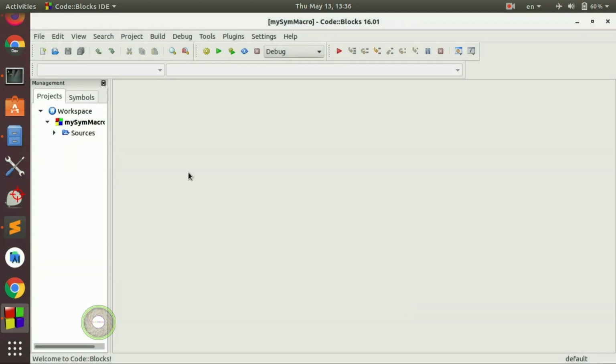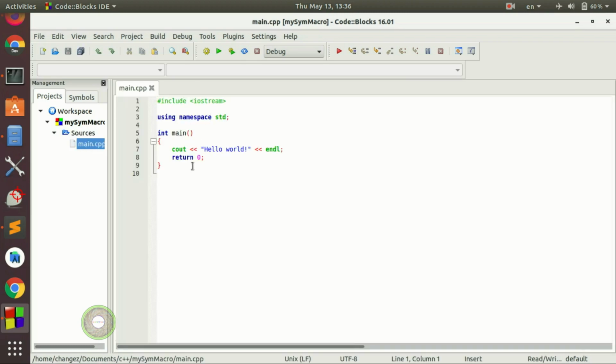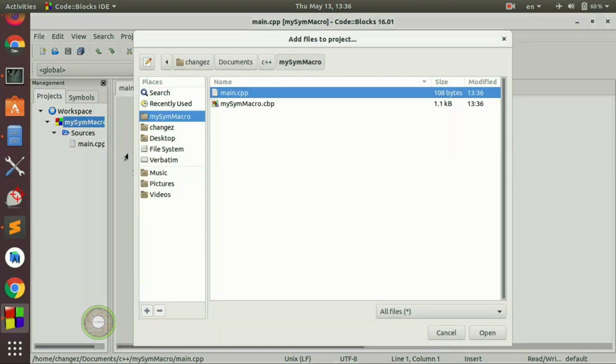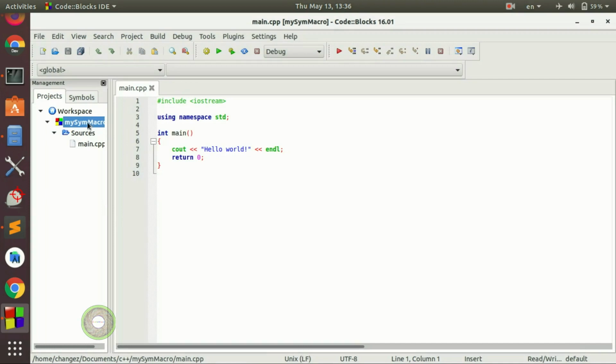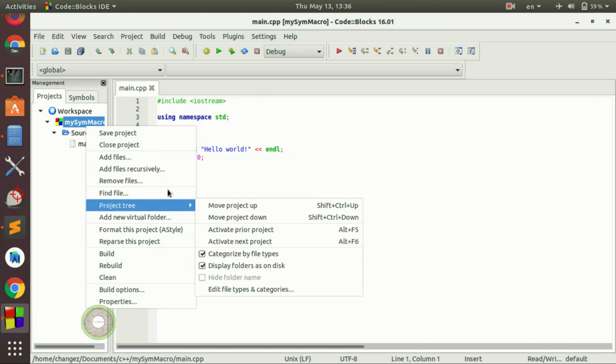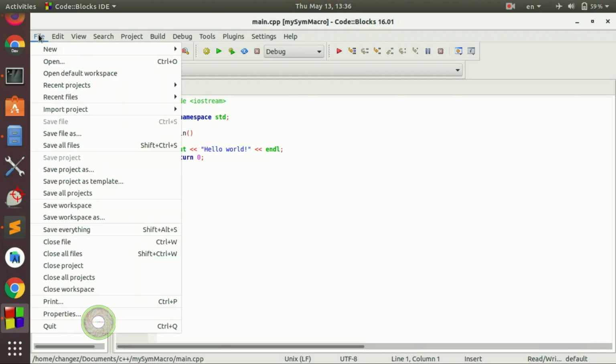With Code::Blocks, you might need your path. Here we have our main source file. If we go here and say add files, we can add here. We can create our header file: save, close project, remove files, find. Okay, it's not letting me, because in other IDEs I used to do that. So with this one,